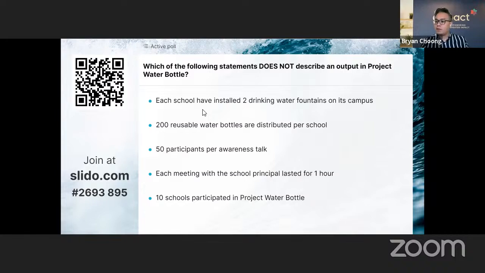Right? I'm mindful of time. We can move on a little bit faster. Okay, so let's just move on first. Those who might not have actually joined the quiz itself, you will see the results later. So the question is, which of the following statements does not describe an output in Project Water Bottle? And the answers are,